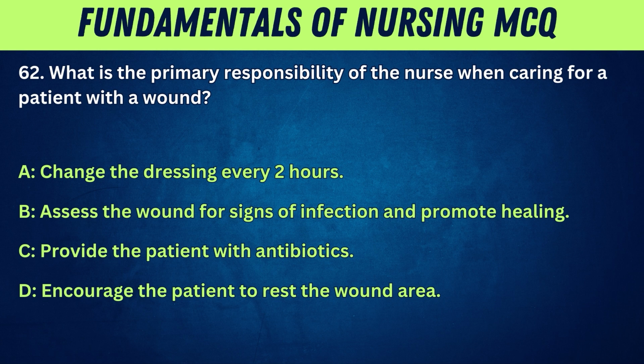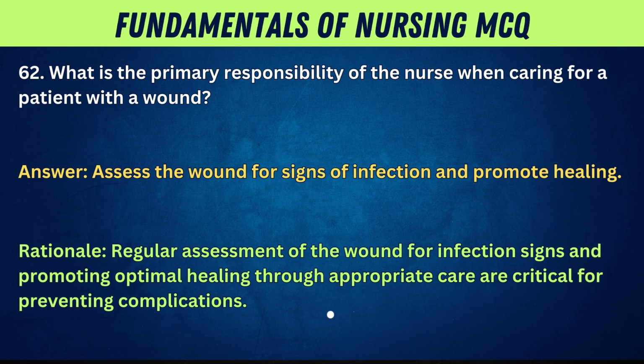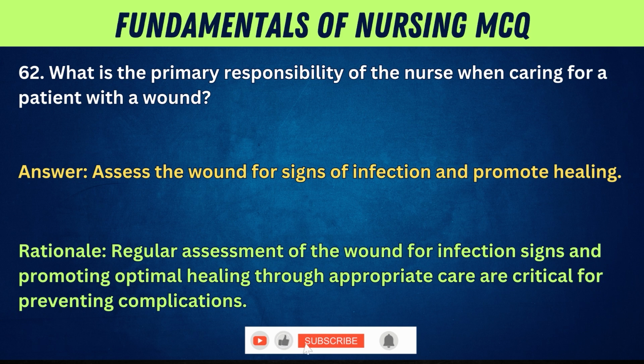62. What is the primary responsibility of the nurse when caring for a patient with a wound? A. Change the dressing every 2 hours. B. Assess the wound for signs of infection and promote healing. C. Provide the patient with antibiotics. D. Encourage the patient to rest the wound area. Answer. Assess the wound for signs of infection and promote healing. Rationale. Regular assessment of the wound for infection signs and promoting optimal healing through appropriate care are critical for preventing